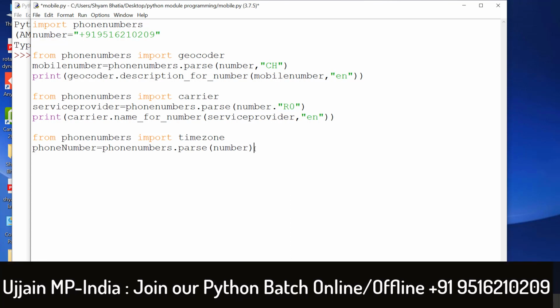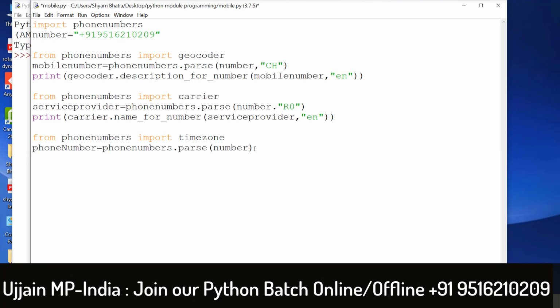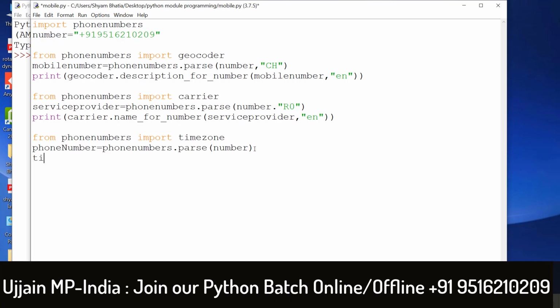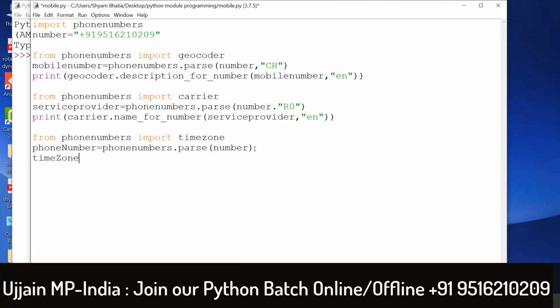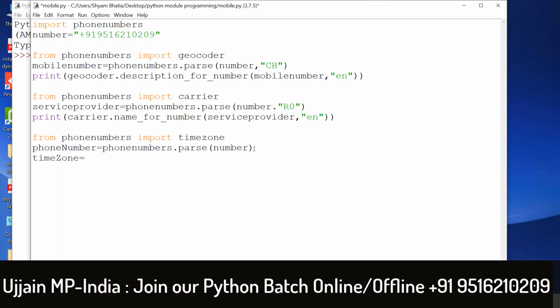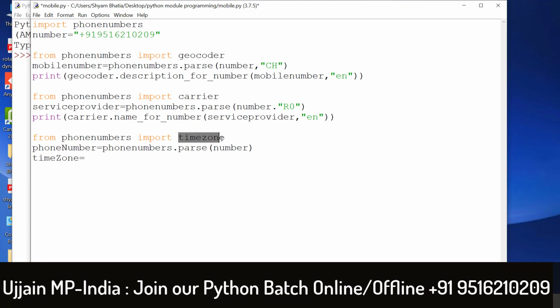Okay, this is the perfect thing, and after that you have to pass the time zone variable, and here you will pass which time zone you have imported.